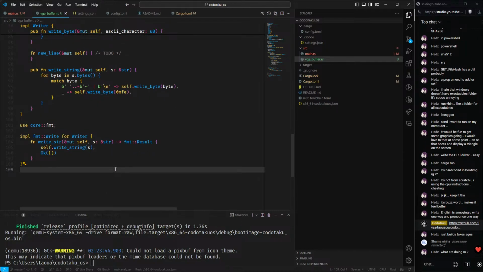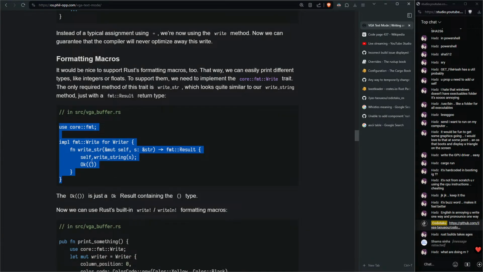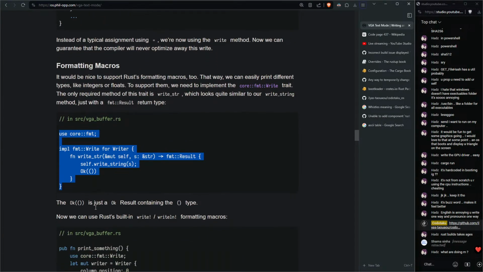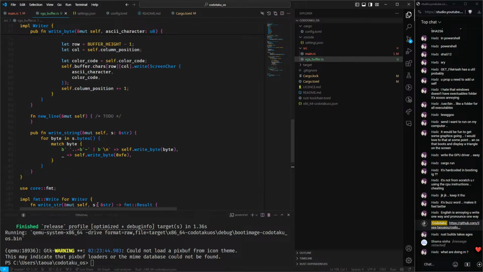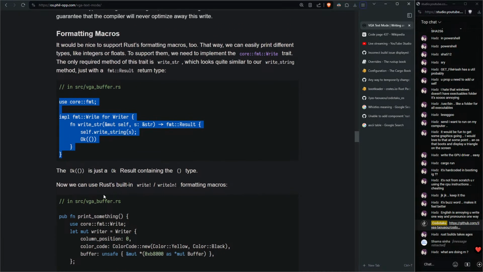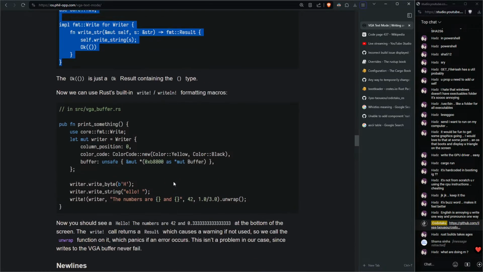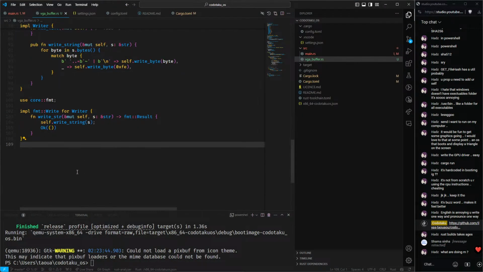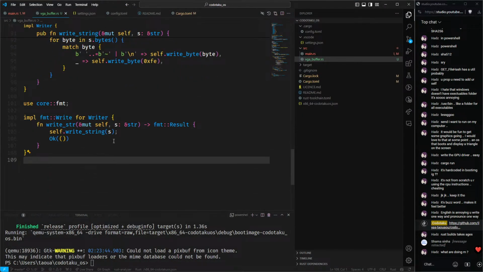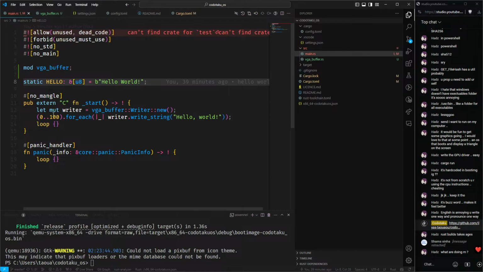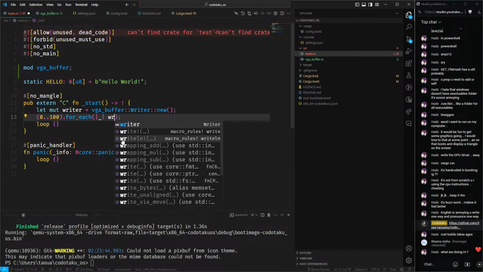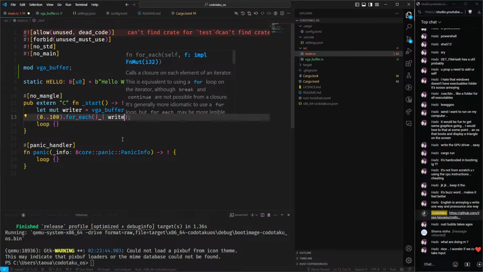What are you doing right now? Right now, just implementing formatting macros for the VGA buffer writer, so we can be able to use the Rust formatting like this, basically. Yeah, write string s FMT result. Okay, cool. Now we can, I guess, basically instead of this, I think we could say